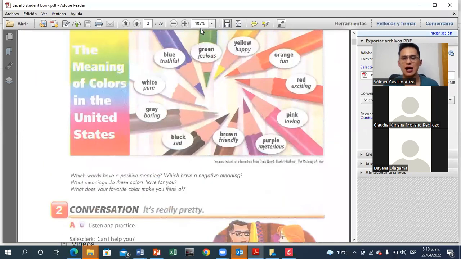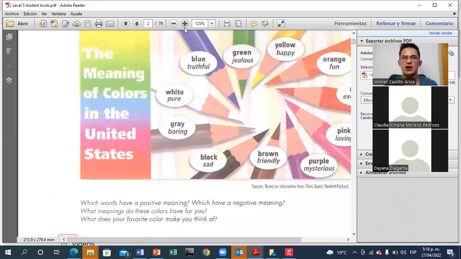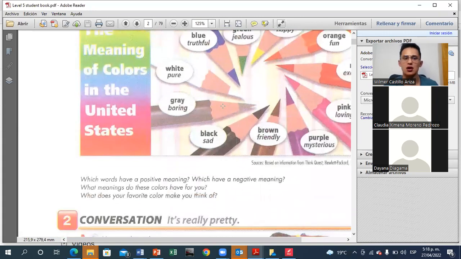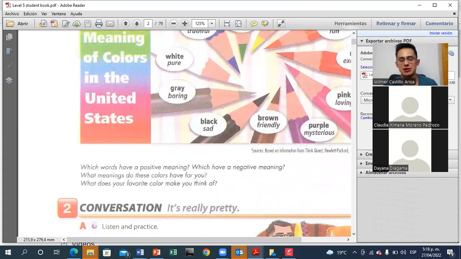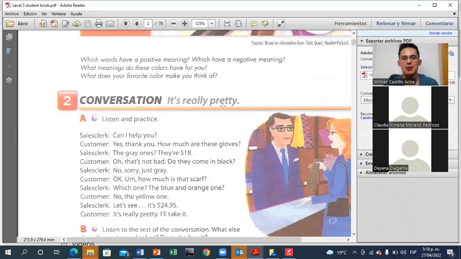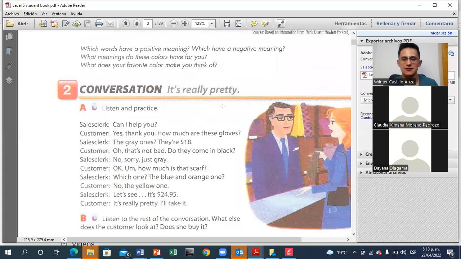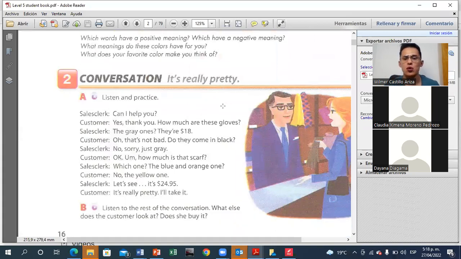Yo sé que muchos han escuchado de how much y how many como para hablar de cuántos, ¿cierto? ¿Cuánta agua ves en la noche? Bueno, eso lo estaremos viendo también en este nivel. Pero how much tiene también otro significado. So look at what we are going to watch in this moment.